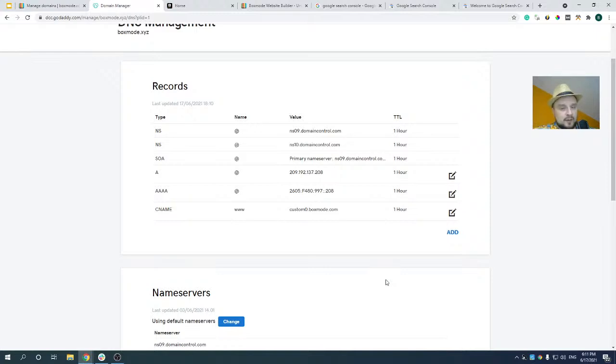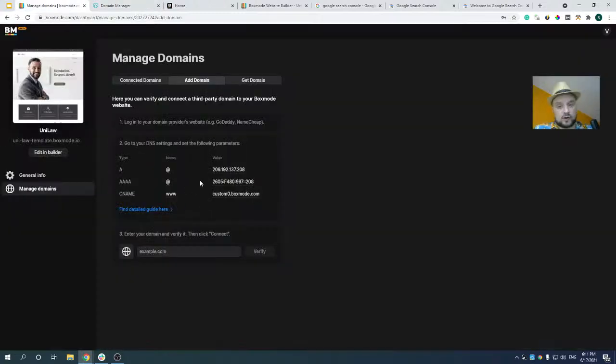Another thing to remember here is that when you purchase a custom domain from a third-party service provider, it could come with a default A record and default AAAA record. So you need to make sure that you have only one A record and one AAAA record for it to work correctly. You can either remove these default options or substitute them so they match exactly what you can see here in the instructions.